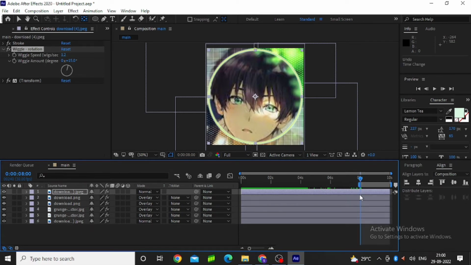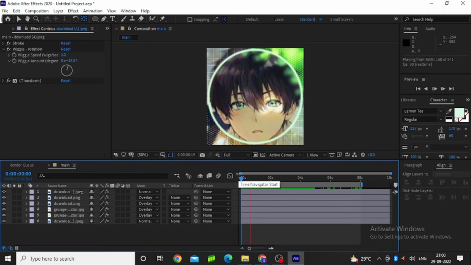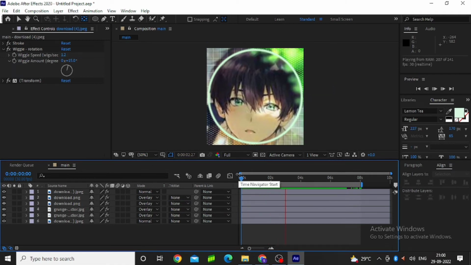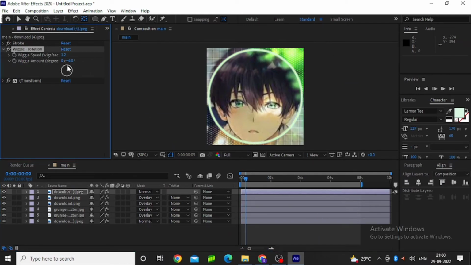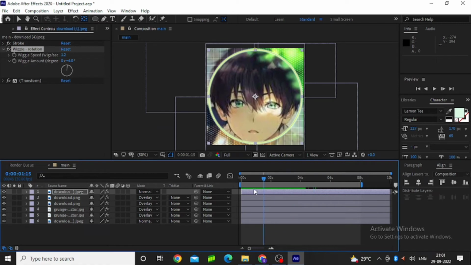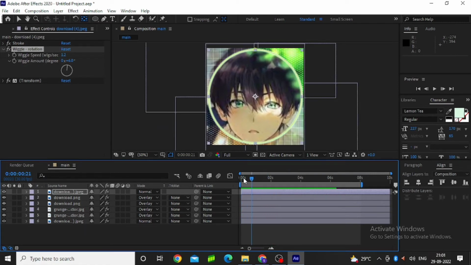Control plus Z. Control plus Z. Press N. Looks pretty cool, I guess. Yeah, I'll just make most adjustments, I guess. Yeah, seems cool. Yeah, this is perfect. You can increase the rotation using this angle or the wiggle speeds per second, but I'm